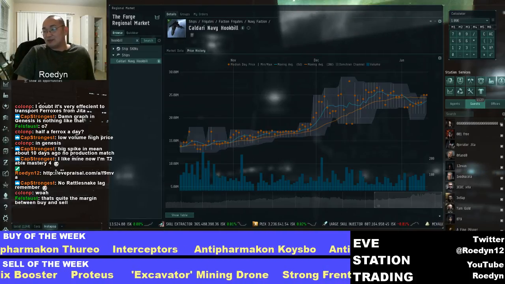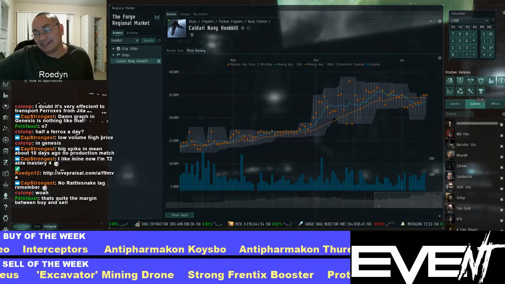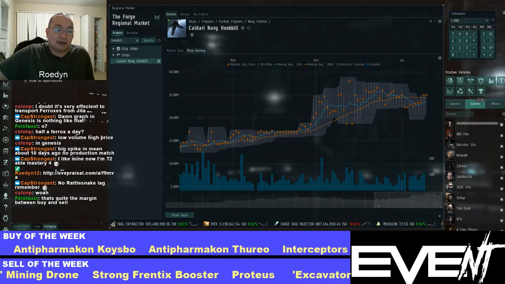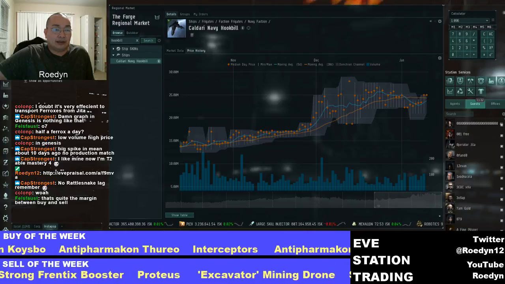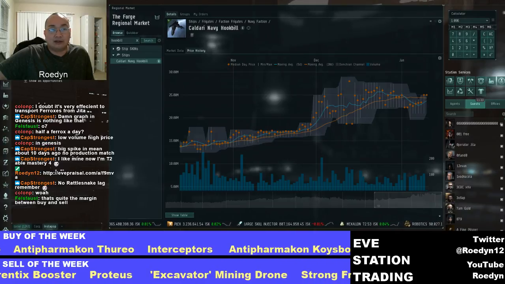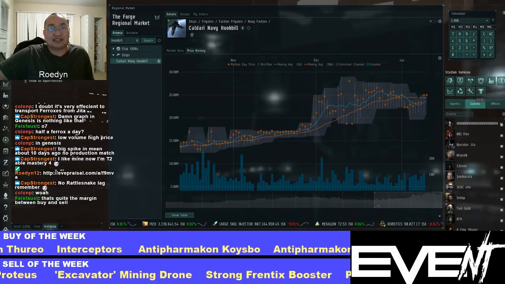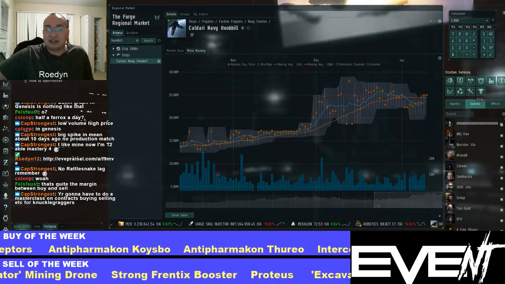That's quite the margin between buy and sell. It's a trick, for one, because it's very low volume. Cap parts in general are very low volume items, even in Jita. So +1 or -1 off of daily volume is actually huge. It swings it. So don't get too caught up on it, just think of it as a guide. But for me, the real value,